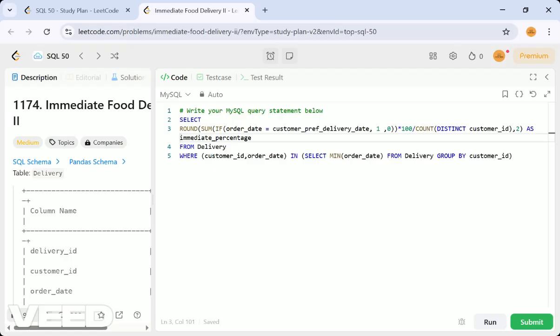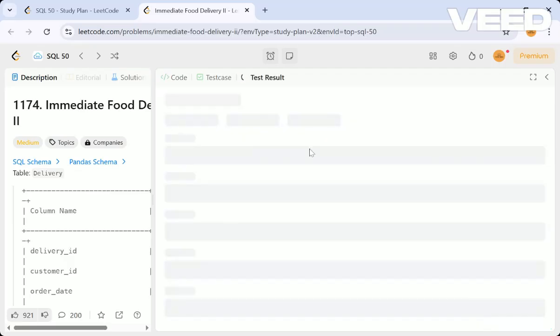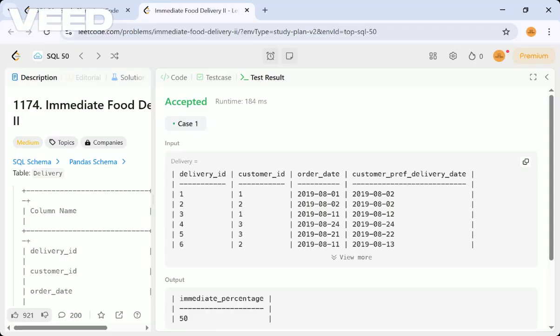Okay, that is fine. Yeah, here we are not taking the customer ID, so that is the operand issue. We are just taking the order and then customer ID should be there. So that thing also we have to have. You can also have an aliasing name for this as first order date. Otherwise that will also work as first order. We can give the aliasing name as first order. So you can just run now. That is the operand which you were missing here, the select in the subquery. So now it's accepted, right?